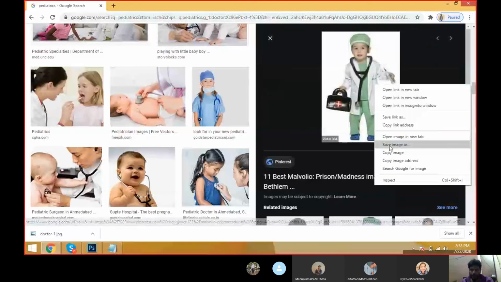My images are too low quality. Right click the image in a new tab.